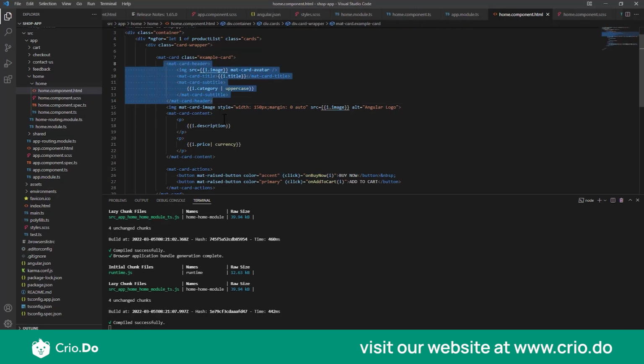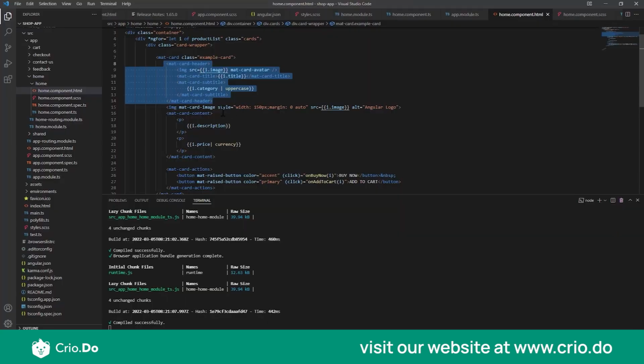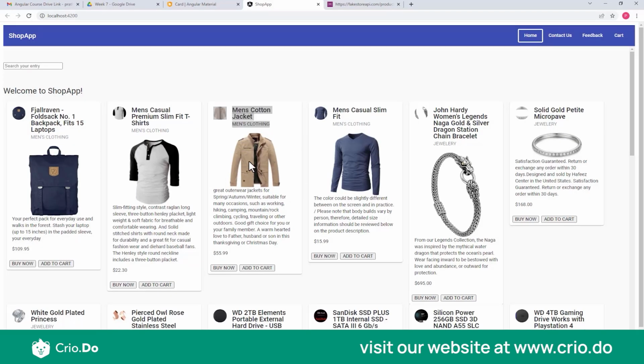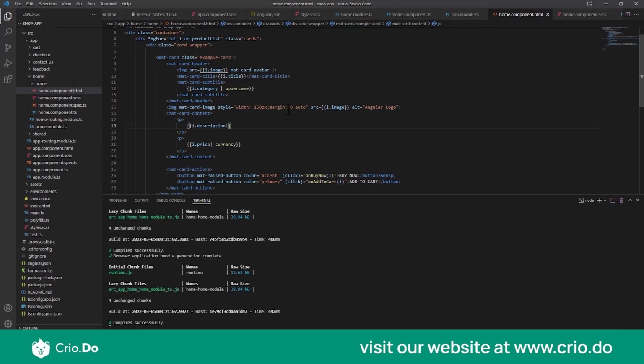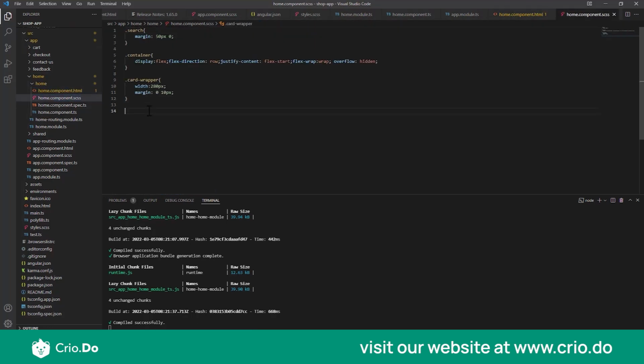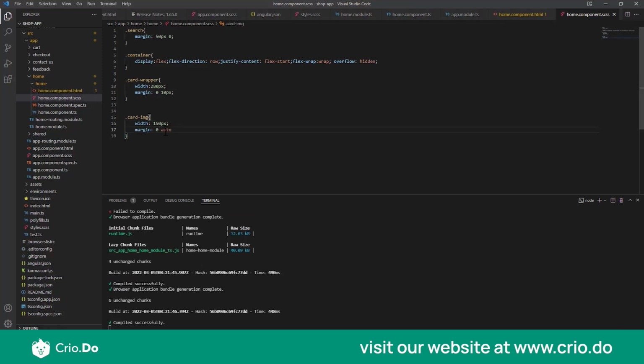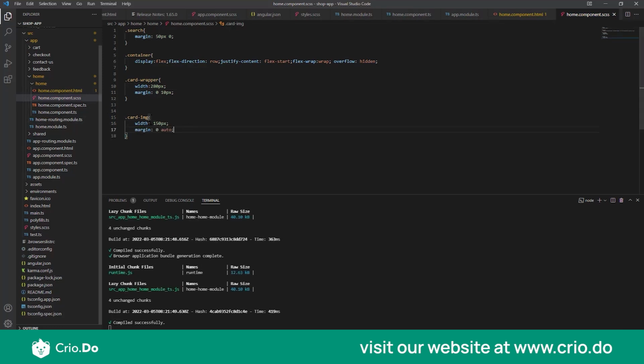So till this part was the header, and now is the image. For the image we are using the normal image tag. In that we are passing the directive of mat card image, so that it fits properly in this card. And here we define a style of width 150, margin 0 auto. Again, I would recommend that you don't define inline style. Go to your class file. Here you can define something like card image. Paste it over here, and always ensure that each style is given in one line. And take this class over here